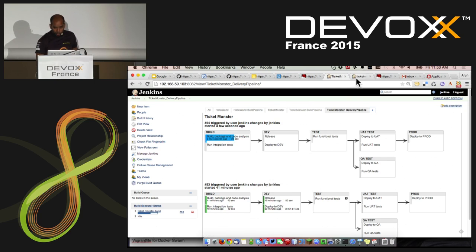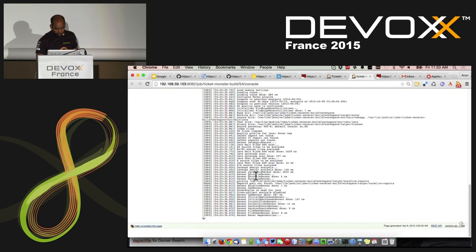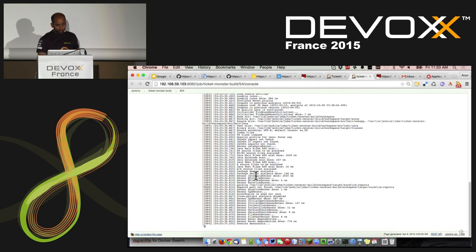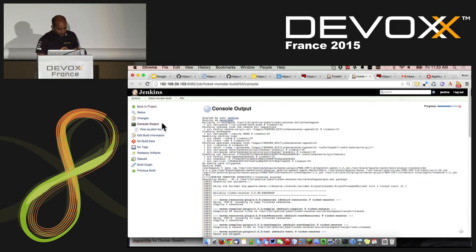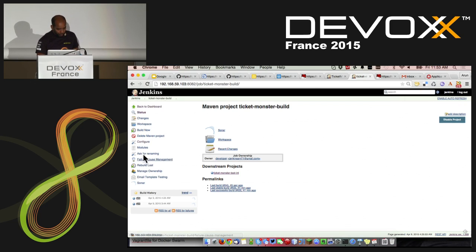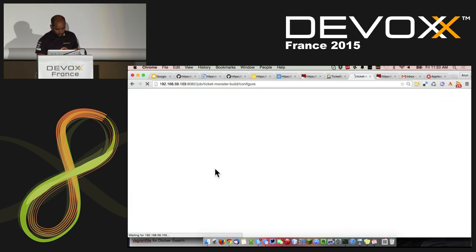I can open it in a new tab here. Here is my console output, where it's happening. Everything here is running on my local server, so the logs are very easy to tail over here. If I go back to the project here, and if I look at the configure part of the project here,